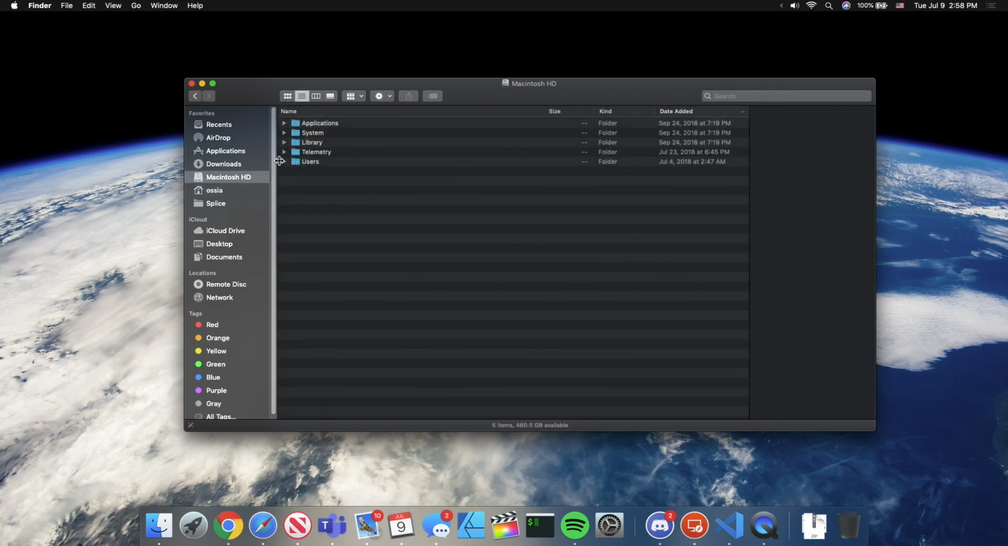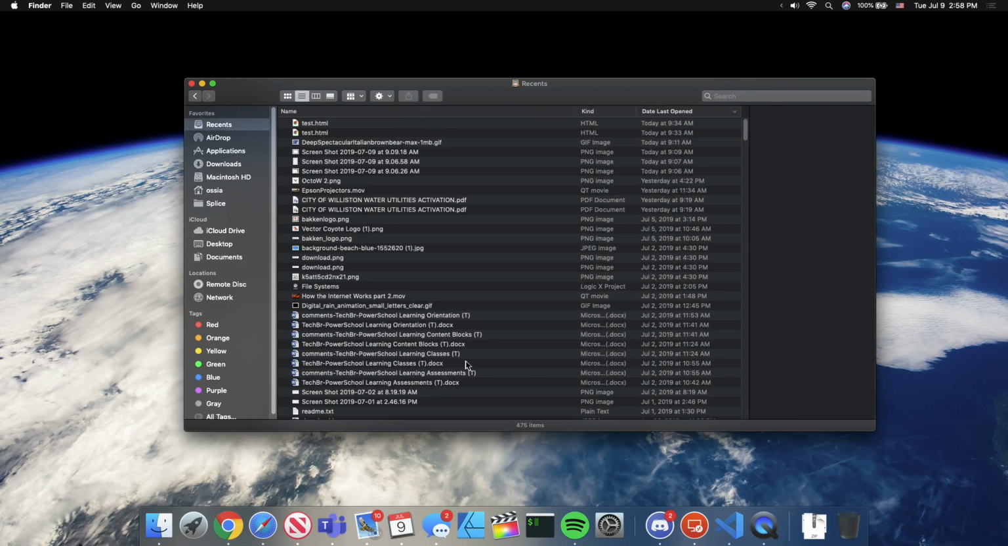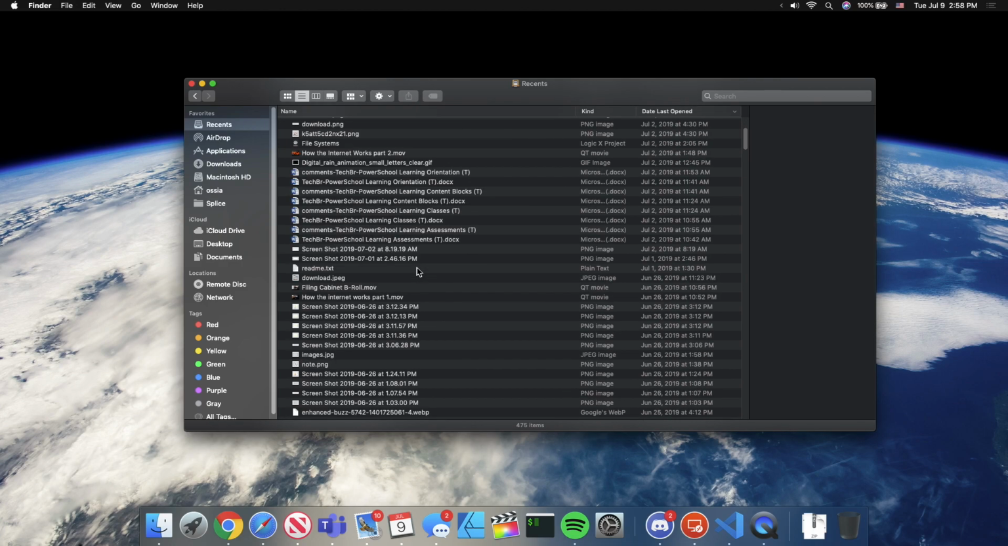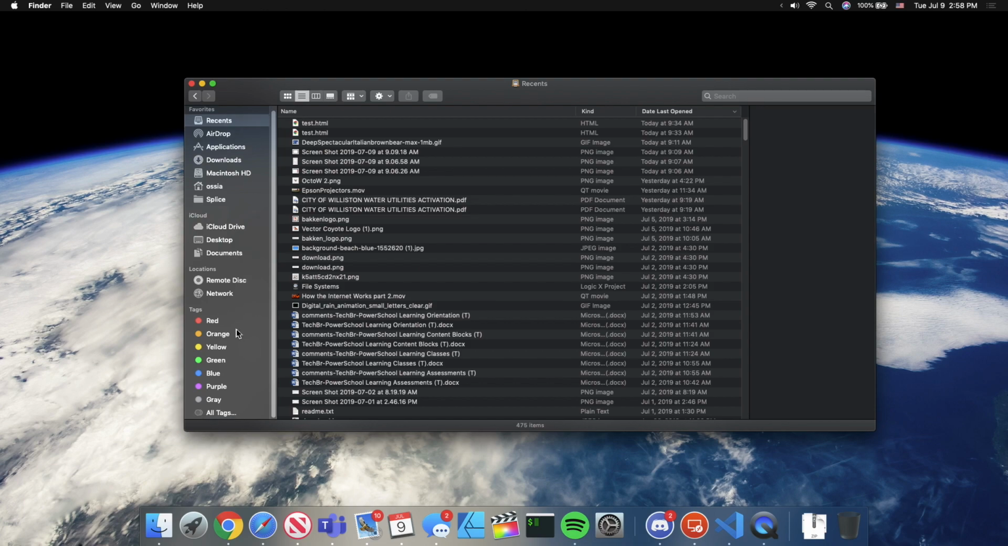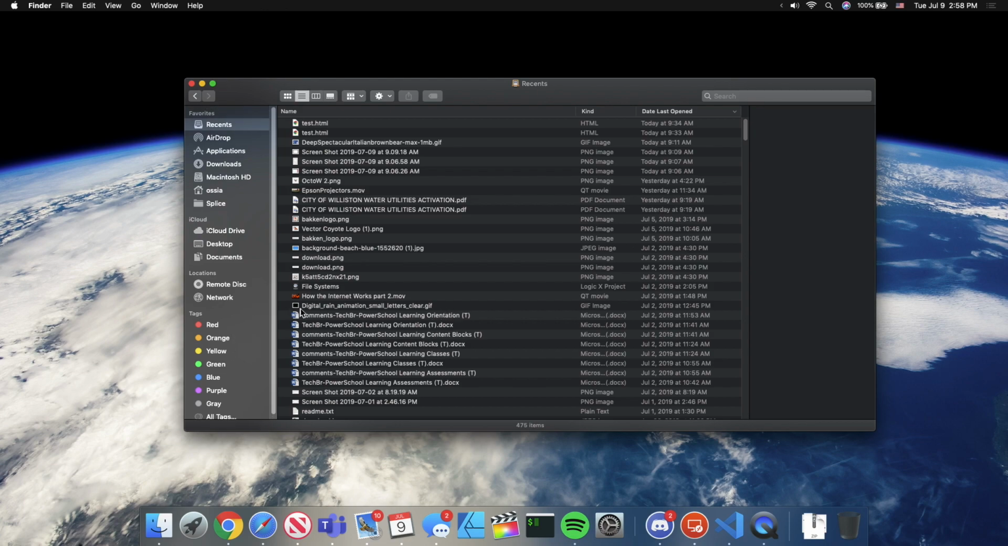So the main window opens up with your recent files, and this is probably going to be the more likely files that you're looking for. And then on the left side, it's got all of the different locations as well as a couple of different tools. So we'll take a look at that in a second. But the first thing we're going to do is